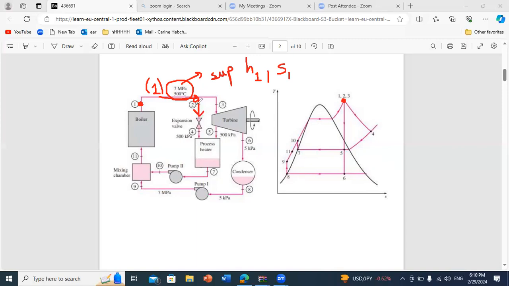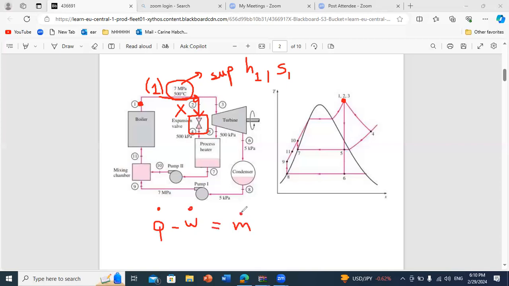So I can say that what will go from 2 to 4 can be a certain percentage or fraction X, okay? And what will happen in the expansion valve? An expansion valve is a device that will allow you to expand your flow without losing any work or heat, okay? And you know that for any system that you consider, what is the equation that you write? You write Q dot minus W dot. Since we have here one inlet, one outlet, it's equal to m dot